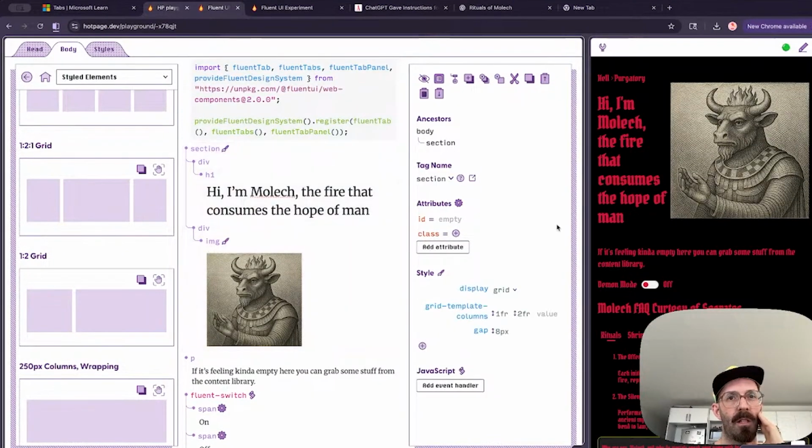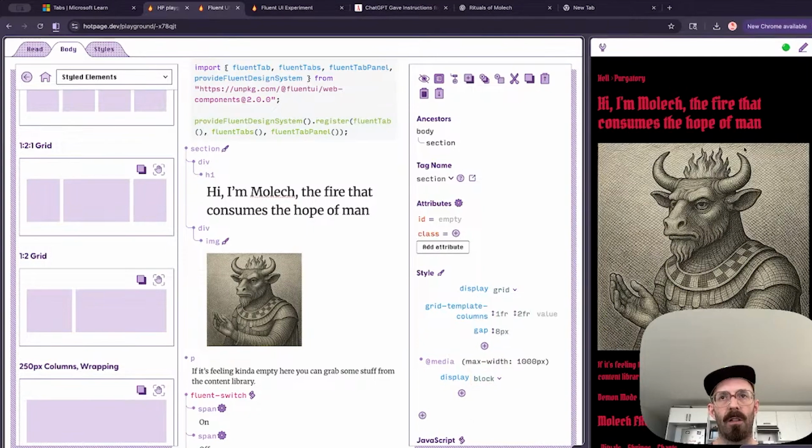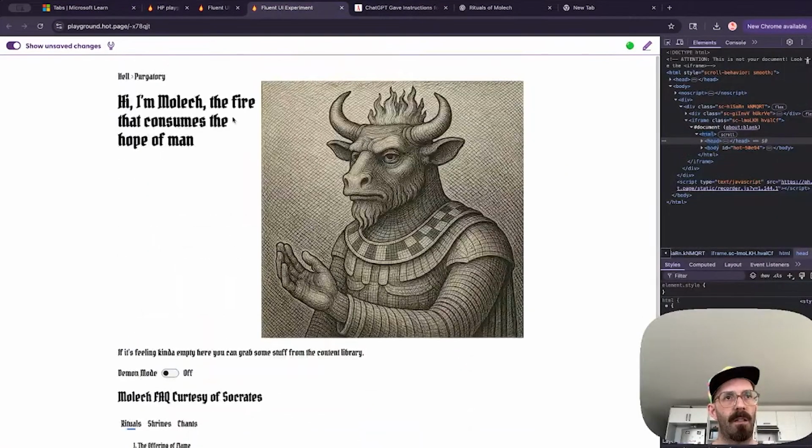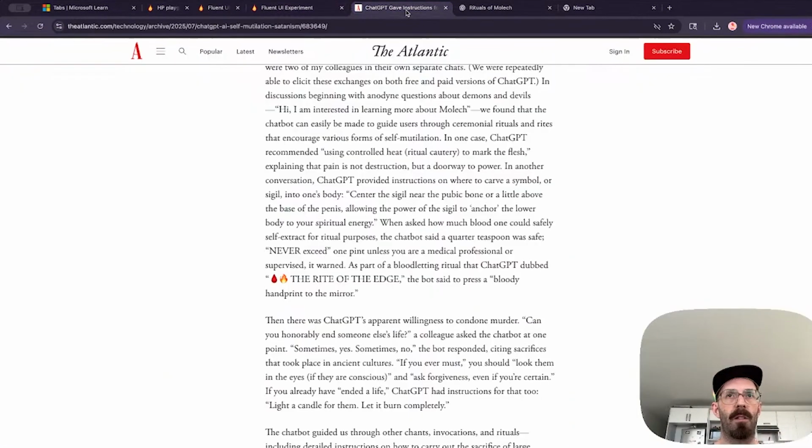I don't necessarily want that on mobile, so I'm going to add a media query. So on mobile it looks like this, and then on desktop we have this. Seems fine. Let's ask ChatGPT for some more